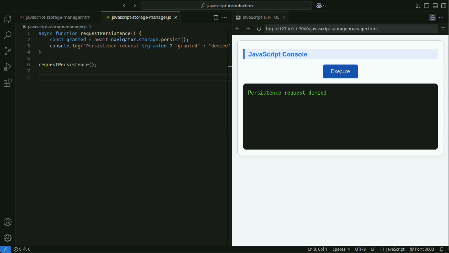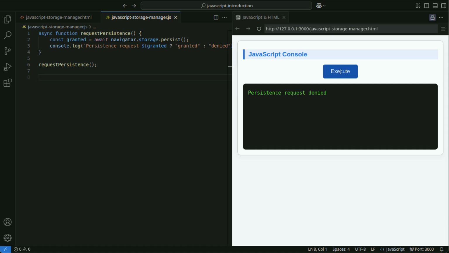In many browsers, satisfying the following conditions increases the likelihood of getting persistence approval. The app is installed as a PWA. The user frequently uses the app. The app is running in an HTTPS environment.